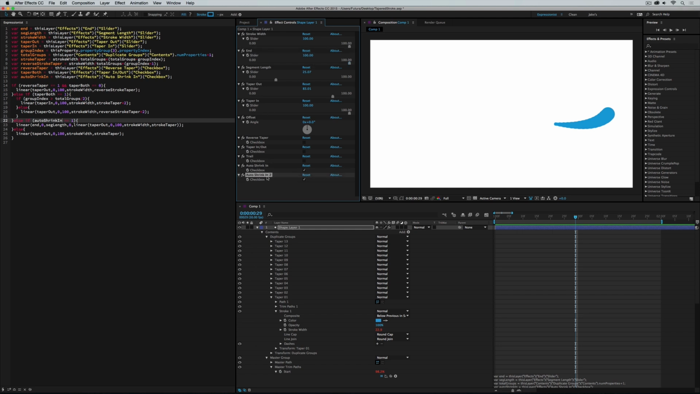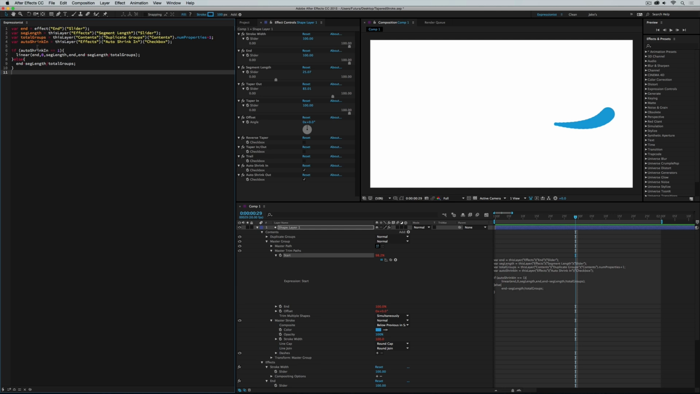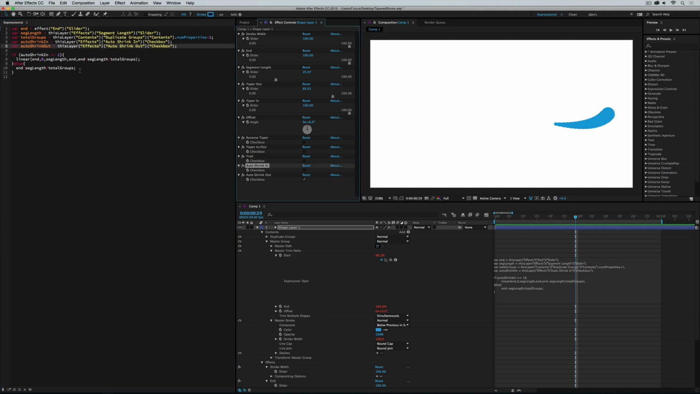Let's add another checkbox called auto shrink out and go back to our master trim paths. We'll start there again. Load that up. And we need to define that new variable. So I'll just duplicate this auto shrink in and rename it auto shrink out, and auto shrink out to reference the right checkbox. And first I'll start by assuming that auto shrink in is not checked. And I will drop down, add another condition, else if auto shrink out equals 1,